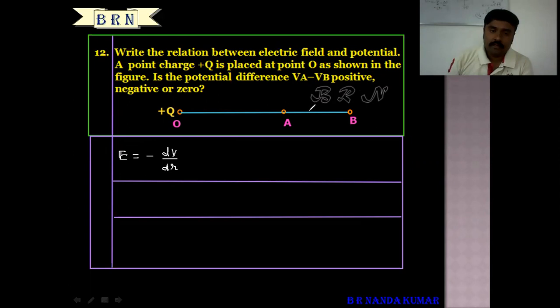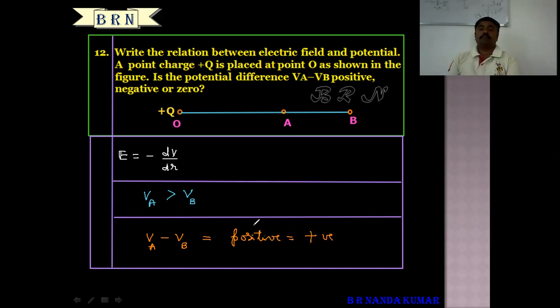Now observe this diagram a little, as I already said. So electric potential at point A is here more than electric potential at point B. Okay, so that is why VA minus VB, the potential difference here, VA minus VB, where VA is more than VB, right? So VA minus VB is positive. You can also write this symbolically like this. Okay, VA minus VB is positive. Right? So this much you write, that is enough.